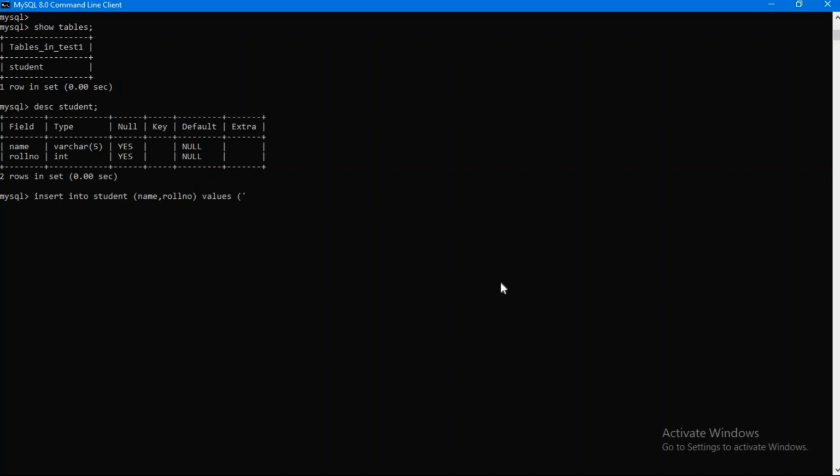While entering the name, you have to give the single quote, then only it will be considered as a string. So it's Vidya 1, and then followed by comma, and then Vihanga 2.